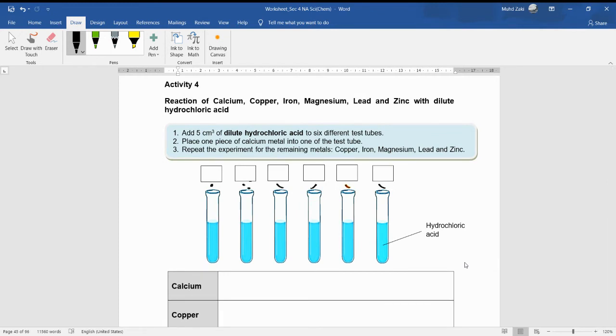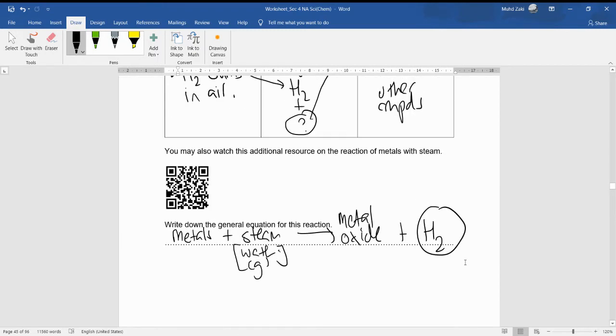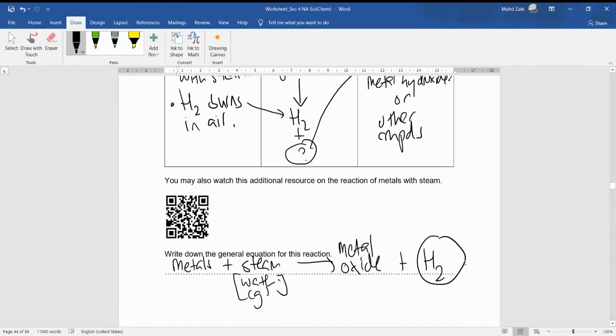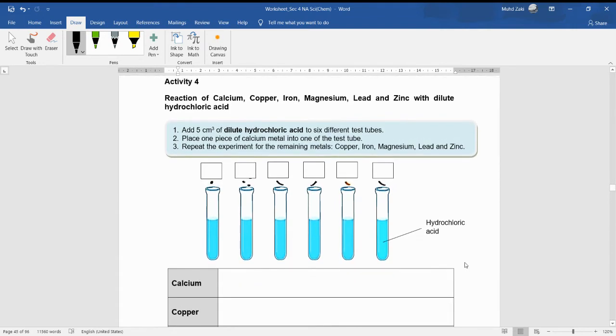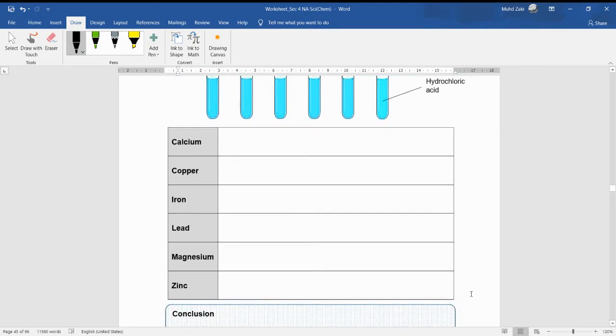Let's move on to reaction with... okay, we cannot do this in lab, because it's quite difficult. And we will move on to acid. Same thing. We have calcium, copper, iron, magnesium, lead, and zinc. So how do they react? As per normal,